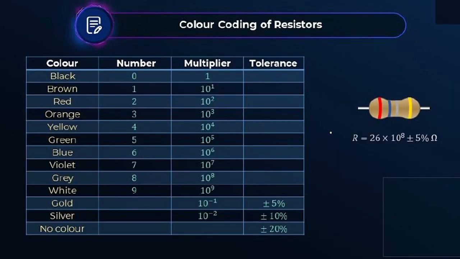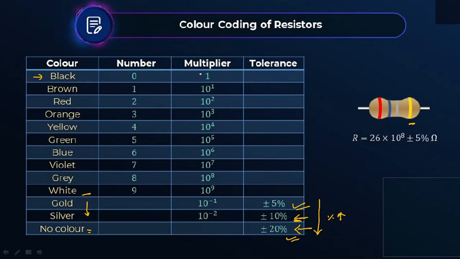How to remember? There are a lot of numbers, sir. In this case, a very simple trick: first number B, black, brown, red, orange, yellow, green, blue, violet, grey, white, till this point. Then gold, silver, no color. Price is decreasing: gold and silver, then no color. If the last color is gold, that means tolerance or error is 5%. If it is silver, a cheaper material, so tolerance will be more, or error will be more, so 10%. If there is no color, that is even cheaper, 20%. Like this we can remember. So if we move from gold to no color, then error will increase, right?